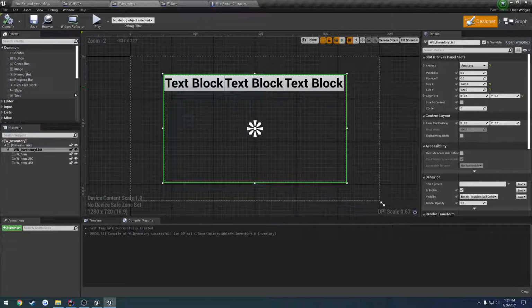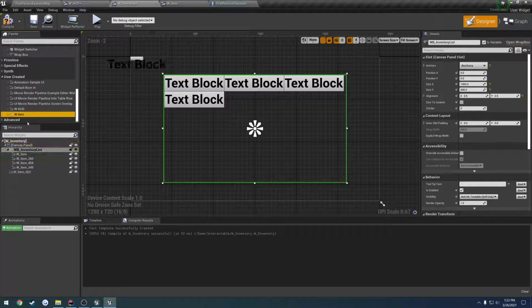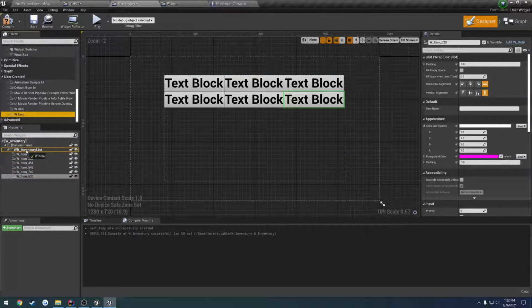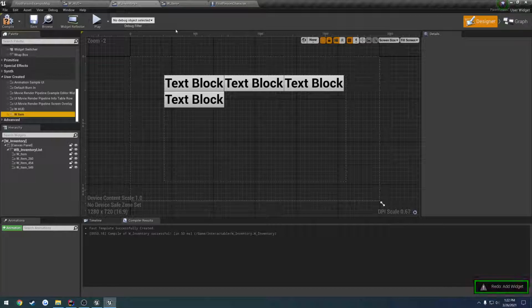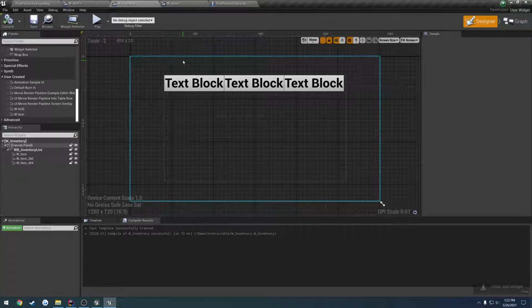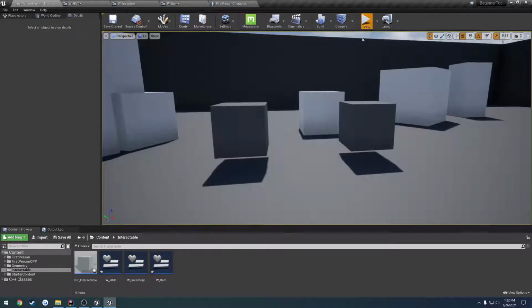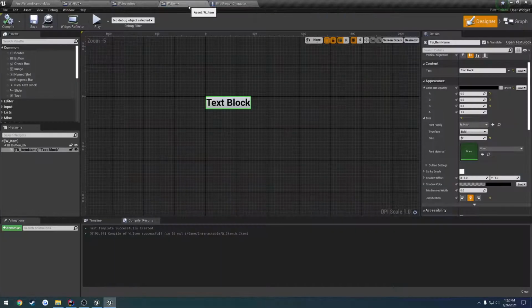What am I doing? Wrong inventory. I just drag more items on. As you can see, we go 3 wide, and it just keeps going like that. So what we want to do is give this a quick little test run. Pick it up, press I. There's our 2. There's no text. So it's going to scale as well based off of the text, which is